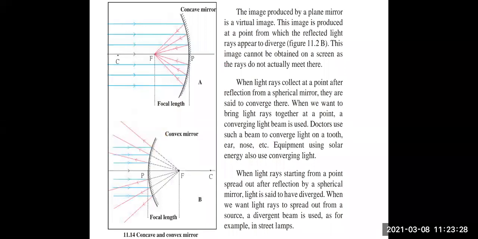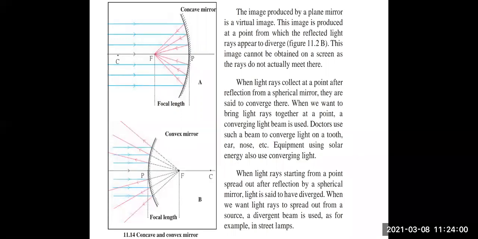Now in the first diagram, you can see the concave mirror. Why is it concave? Because you can see all the incident rays are falling inside the curved surface of the mirror. So it is called a concave mirror. And the pink lines are the lines of reflection. Now you can memorize the rule.